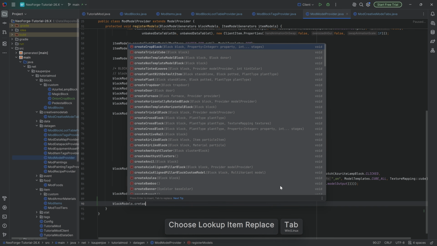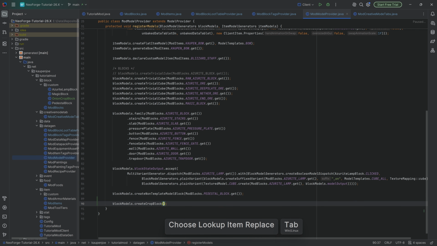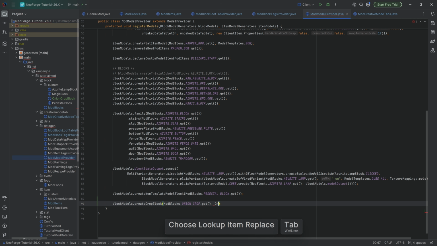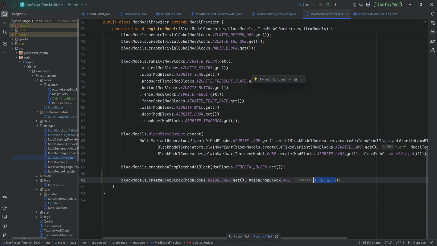Block models.create crop block over here, modblocks.onioncrop.get, passing in the onion crop block.age, and then 0, 1, 2, and 3. These are the different stages. You have to pass them all in individually. But listen, this is not that bad of a deal, because my gosh, it was way worse in previous